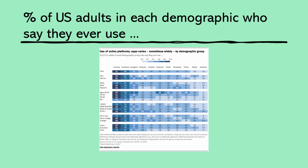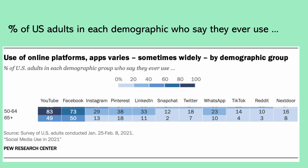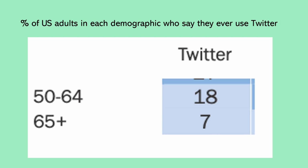Let's look at the percent of U.S. adults in each demographic who say they ever use any of these social media. We'll zoom in a little bit. This chart has a lot of information in it, but we're going to zoom in on the 50 and above range. That's two groups, one from 50 to 64 and one 65 plus. That's what most of the people on Tech for Seniors fall into. Let's look at Twitter explicitly. In the 50 to 64 group, about 18% say they have ever used Twitter, but of those 65 and above, only 7%